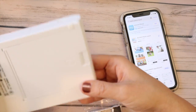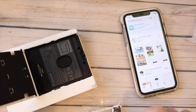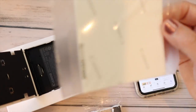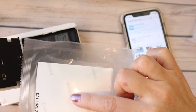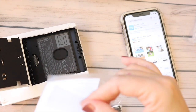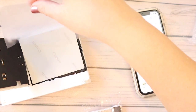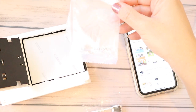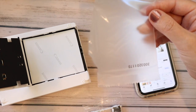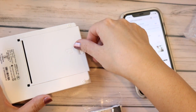Okay, so looking at it, the bottom says push. So I'm assuming that's for the paper, and it shows the Canon print that's on the paper goes up. I do know from experience with the Selfie not to touch the paper much. That is something that I just learned, that the quality of your paper can be affected. So I put the 3 pages in there,